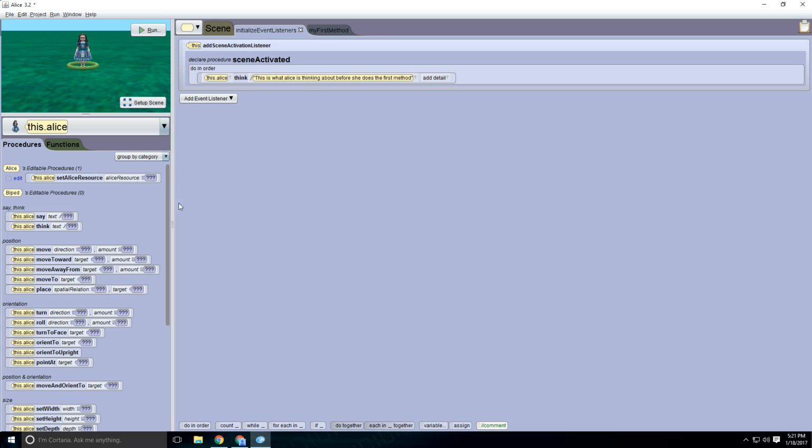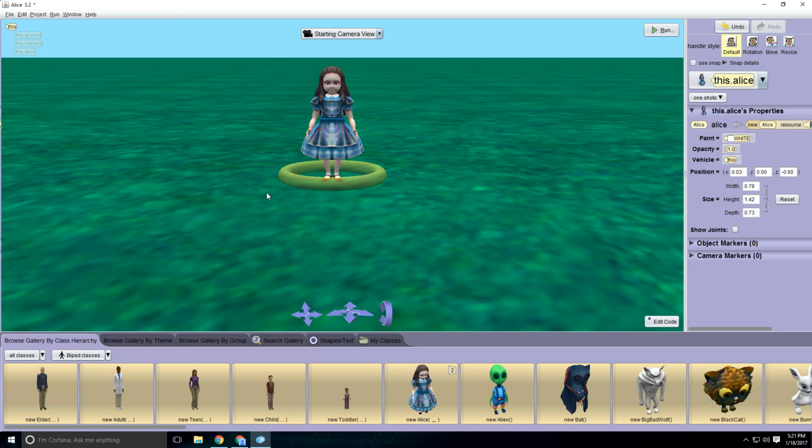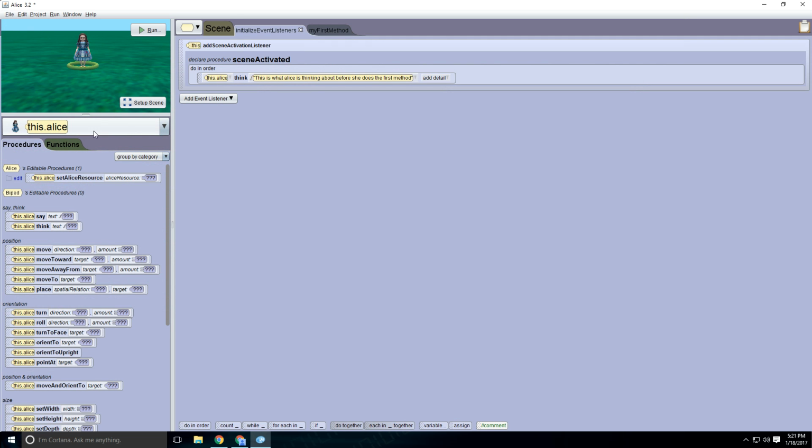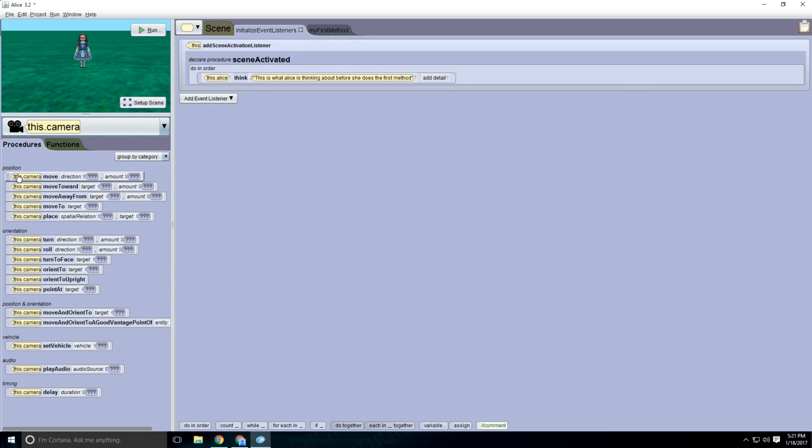So that is a very, very, very brief introduction to this platform, Alice. Again, it allows you to do a few things. You can set up the scene by adding creatures and things to the scene. For whatever objects that are in there, including the ground and the camera, you can give them certain instructions. So for instance, after Alice thinks, I could have the camera